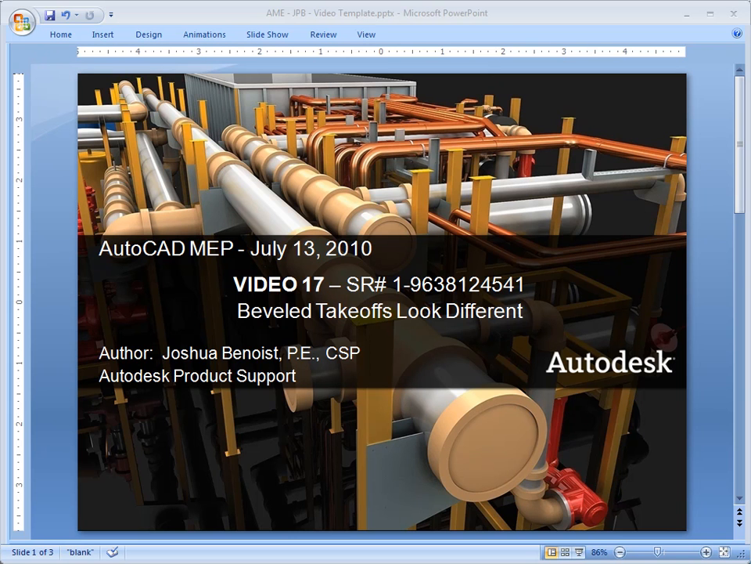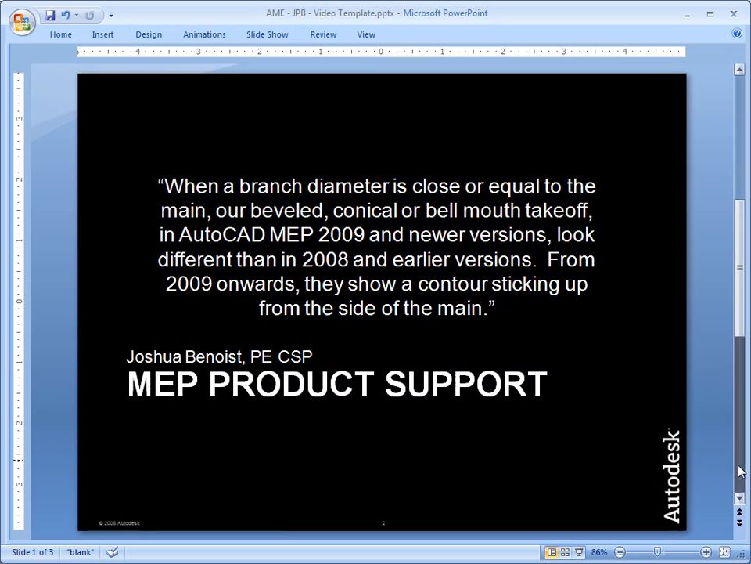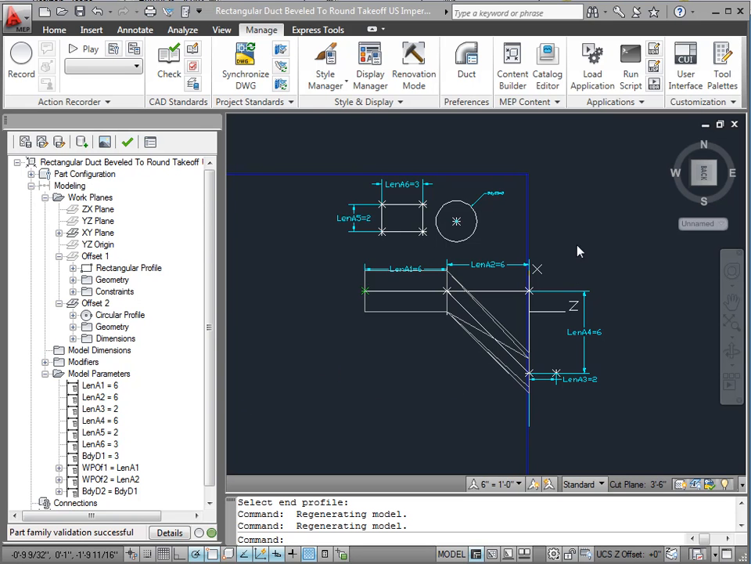We're on video 17 where we're talking about beveled takeoffs and how they look different between 2008 and newer versions and things we can do about it. So here's a quick problem statement. Pause the video if you need to. So where we left off,